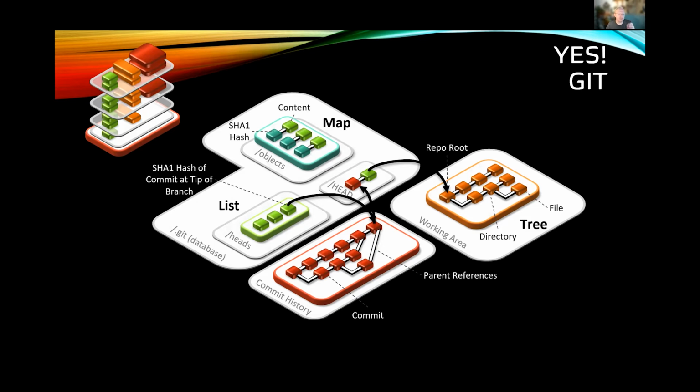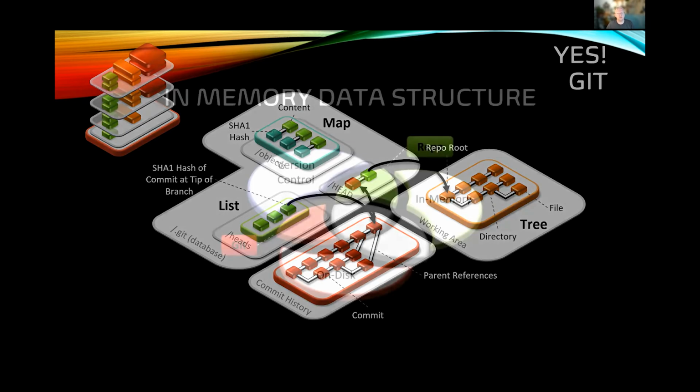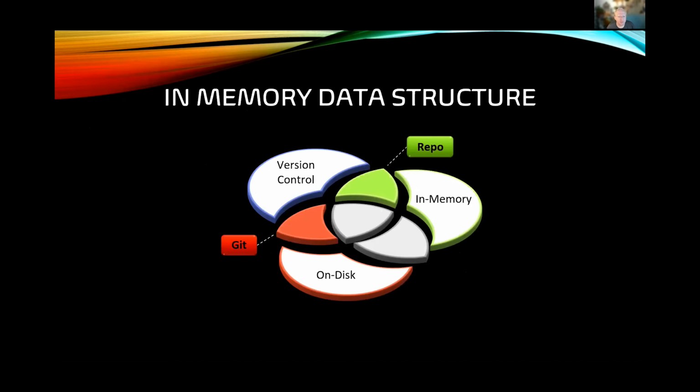And you can very clearly see the different types of fundamental data structures that exist there. The reason I bring this up is because what I'm exploring with my research is the idea of version control, but contrasting it, pulling it out from being tied to the disk and file storage, and exploring what would happen if we implemented it in memory.